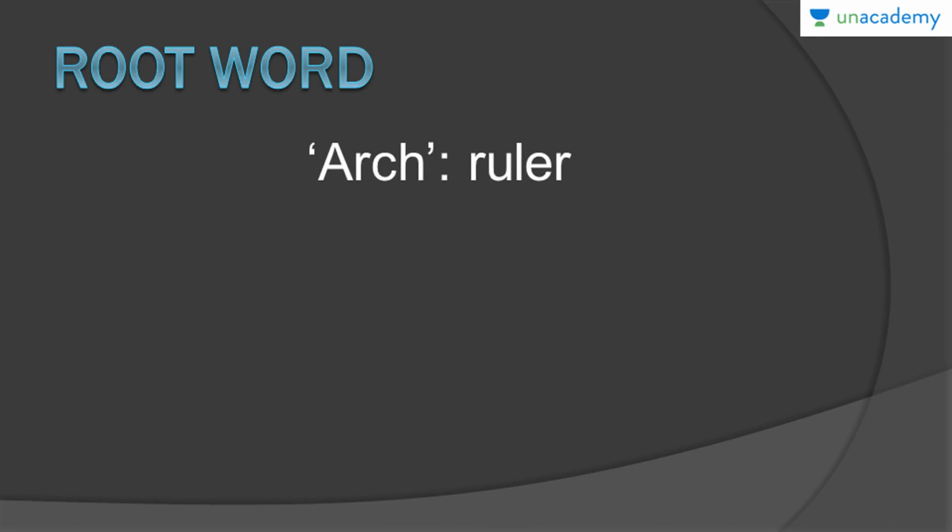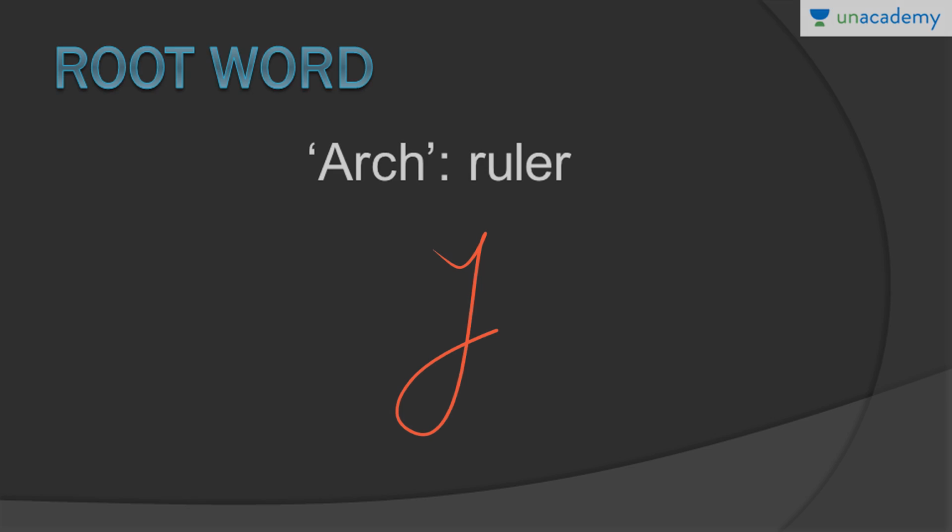So let us begin with our today's lesson. I have a new root word for you in this lesson, which is arc or archy. Either it can be arc or archy with a Y. Both mean ruler. If you see the root word arc or archy somewhere, you know it means something relating to rule or governance. Today the words which we will be covering will primarily deal with the types of government. Some of the government types we will be taking up in this lesson. So let us begin without any further ado.